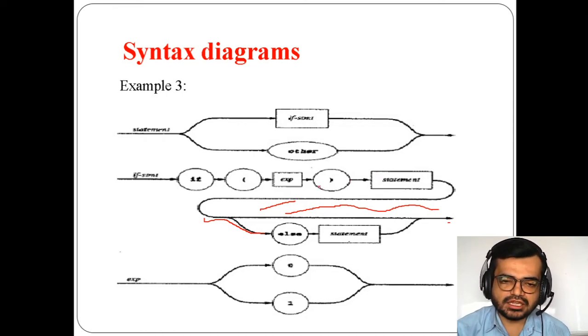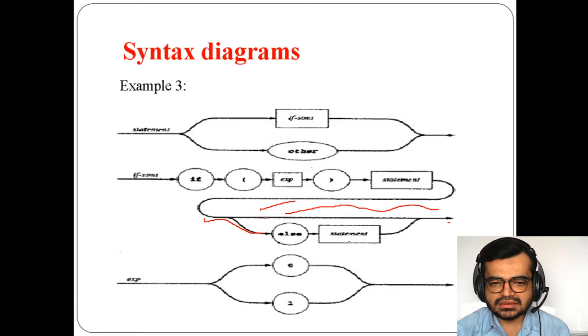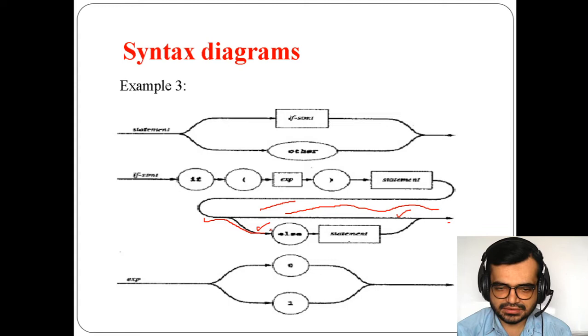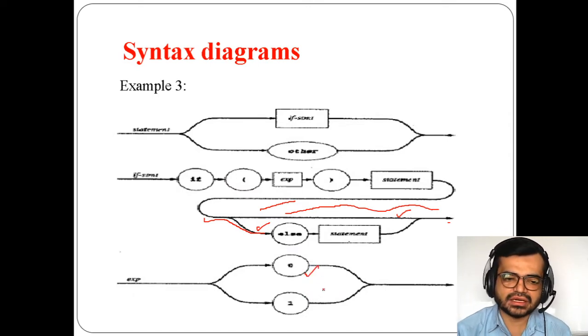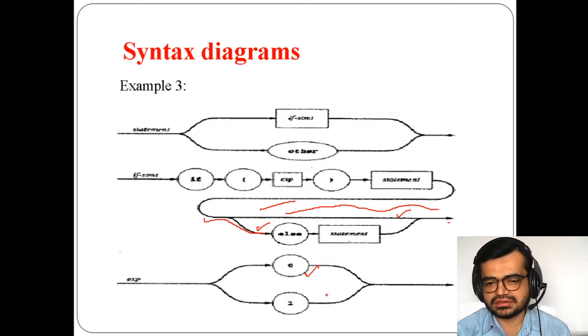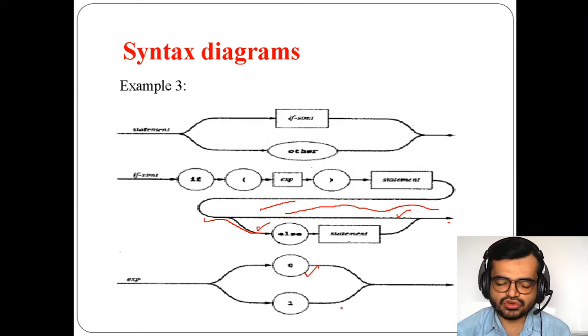If the if statement works and executes, then the above line will execute, or else, if the statement is not valid, then the else part is going to be executed. Similarly, in expressions, we can take values, again 0 or 1. Here we are taking 0, or else another value, whichever value you can take, it is just for demonstration purposes. You can take any other value, either 0 or 1, or any value, depending on the grammar.